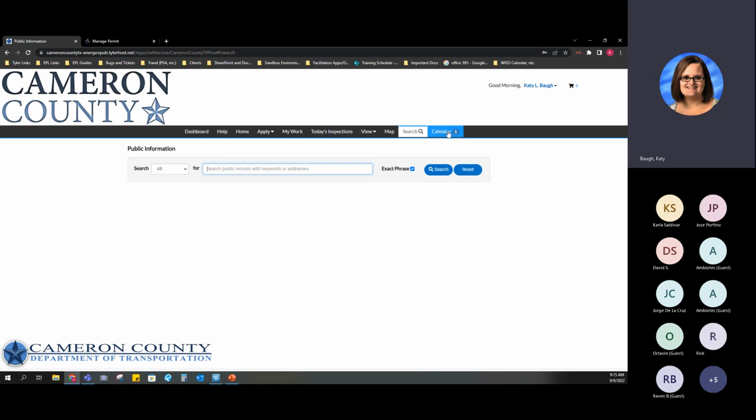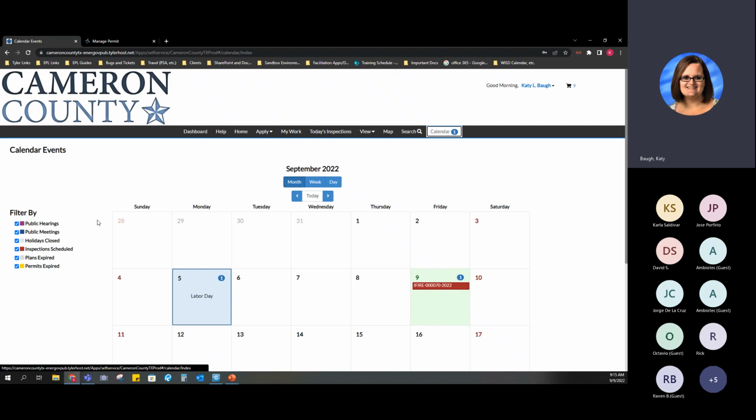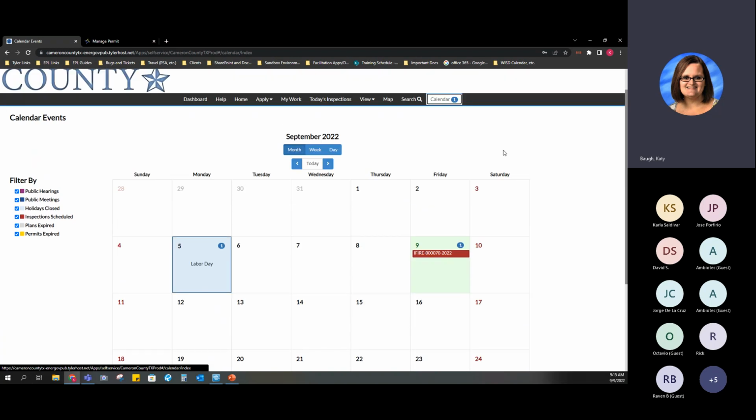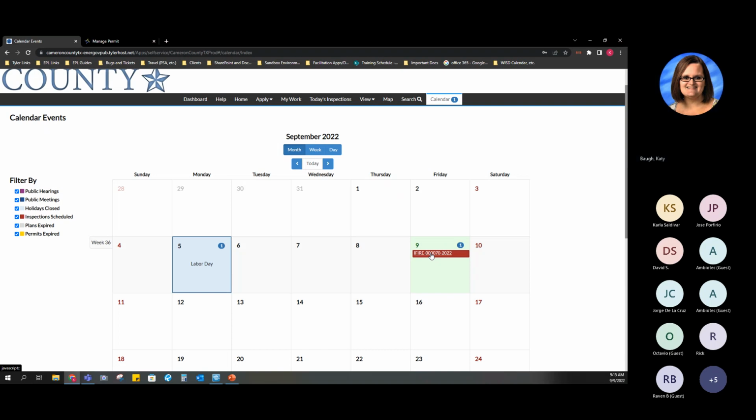Let's look at the calendar. So if I click on the calendar, you're going to notice that before when I was not logged in, it only had public hearings, public meetings, and holidays. Now it's adding those things that pertain to me as a logged in user. So I can see my inspections that are scheduled. I can see my plans that have expired or are expiring, and my permits when they expire or if they've already expired. So I can see that here. And if I wanted to access this record, I could click here on this link,